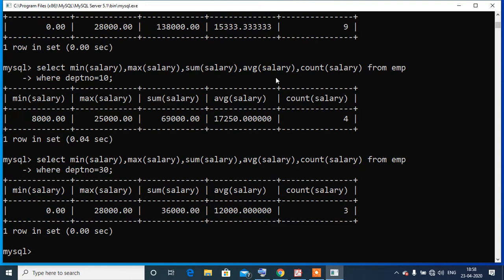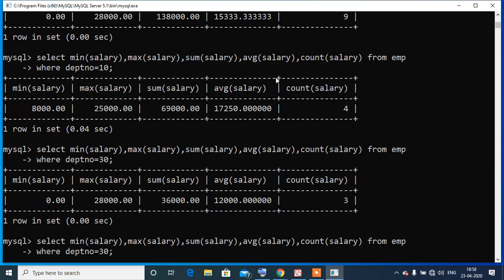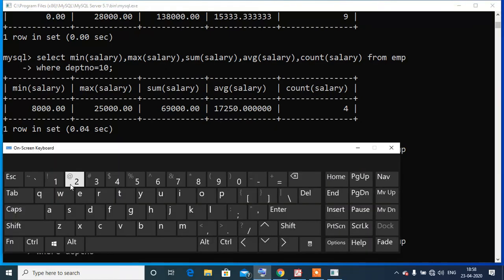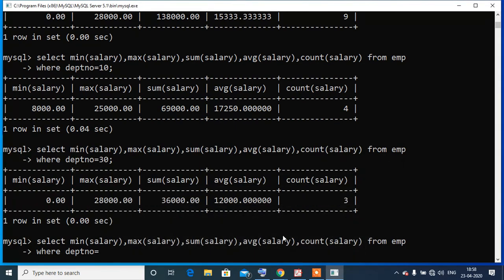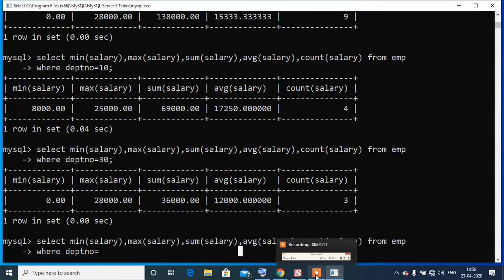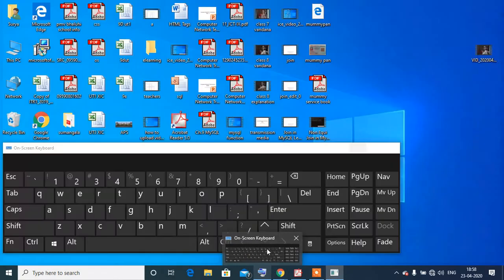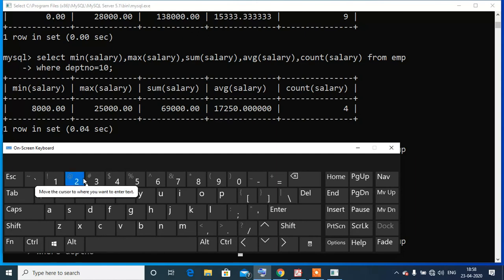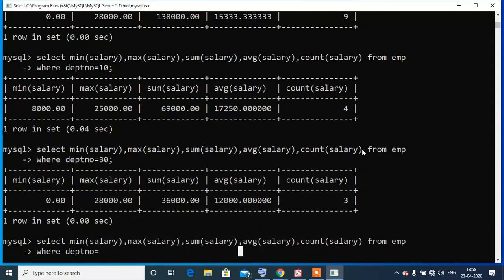And if we write department number is equal to 20, actually the key 2 is not working on my computer, and that is why I cannot type that.